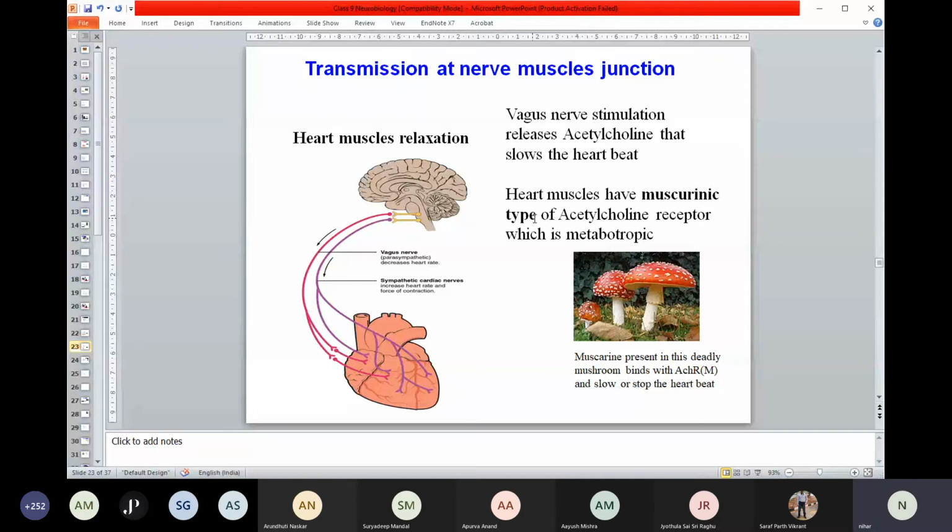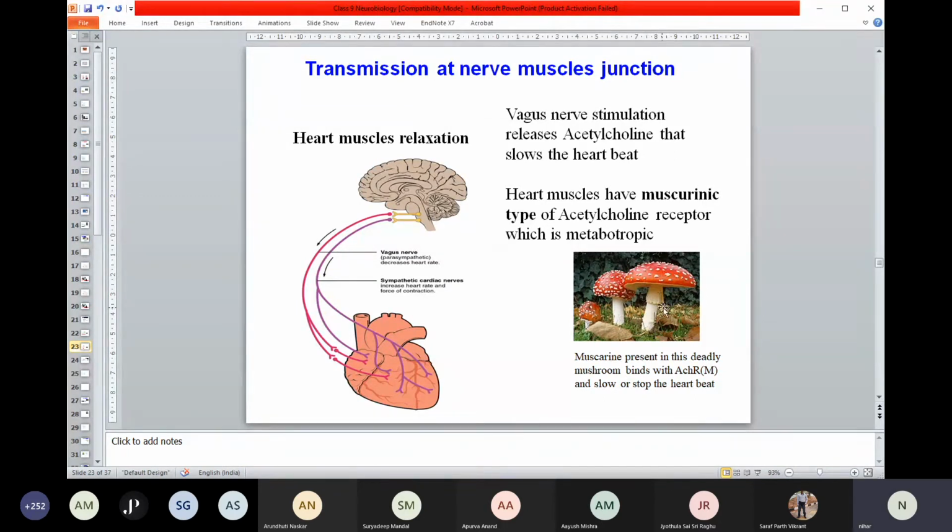It's slow. Now, the question is why muscarinic? There's another problem here. You saw these pictures. Even on the IIT campus, you might be able to see a lot of such colorful mushrooms. With a colorful mushroom, you should never ever try to taste it. Most colorful mushrooms mean a problem. It could be deadly. It is not just could be, I think it is deadly.